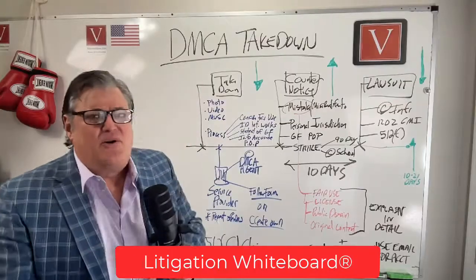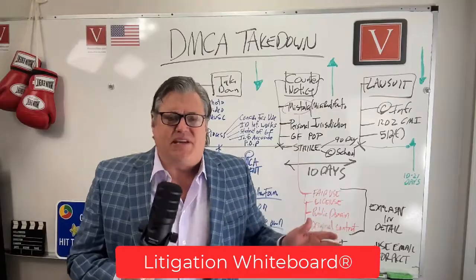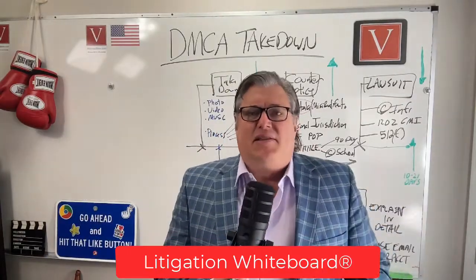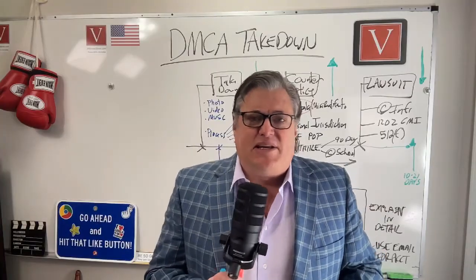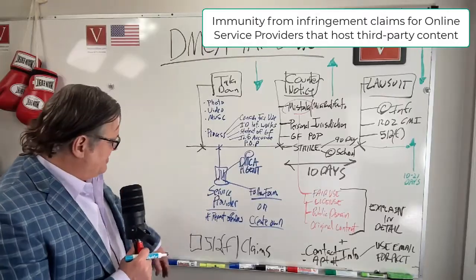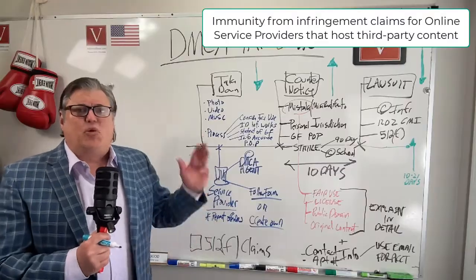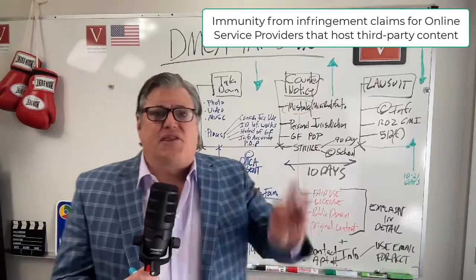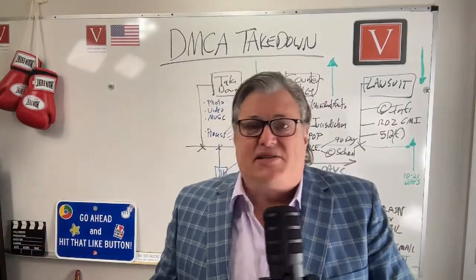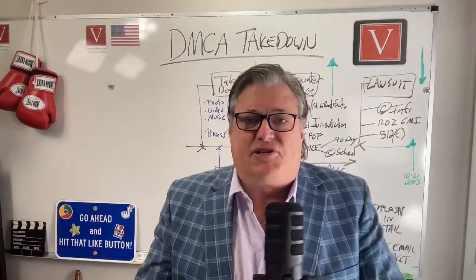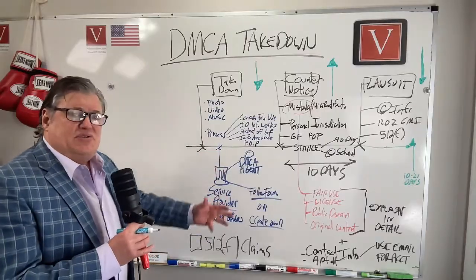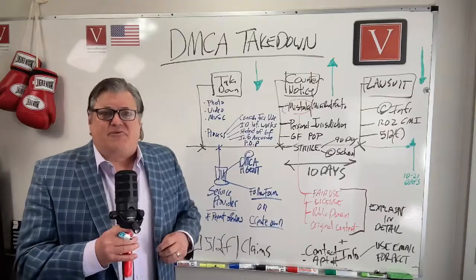Okay, here we go. This is what we call the DMCA takedown process, which stands for Digital Millennium Copyright Act. This is the law that provides immunity to the platform providers, the service providers, the people you're familiar with, TikTok, YouTube, Twitter, any party that hosts third-party content and allows people to upload photos and images and comments and memes and all this other stuff. These companies get liability protection as long as they're taking down the copyright infringing material.